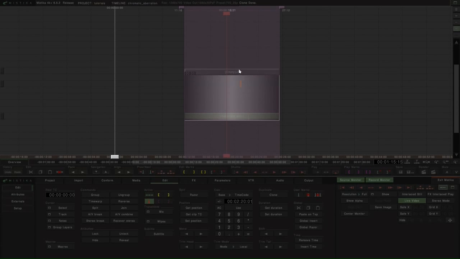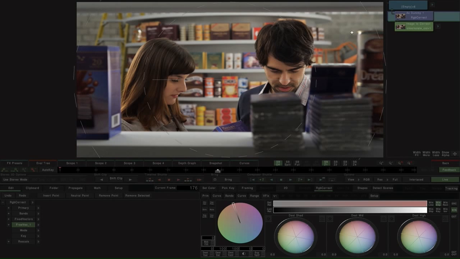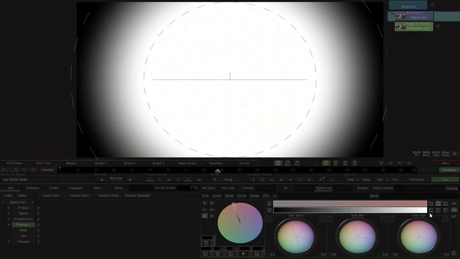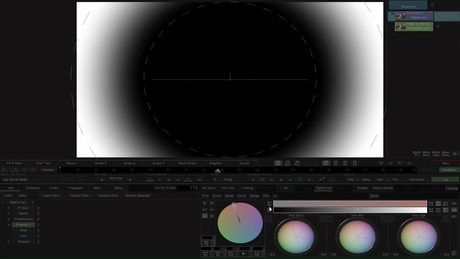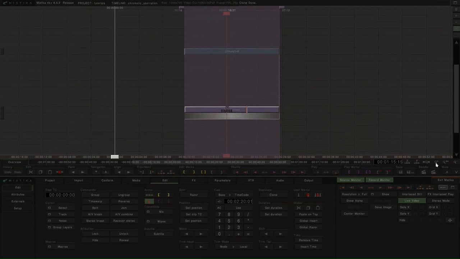We can perfect this effect by adding blur to the edges of the image. We can create the mask quickly with an RGB correct. Use an elliptical window and export it as a mask, viewing it in the red channel. We should invert it with WinInv. In the timeline, add a blur effect in